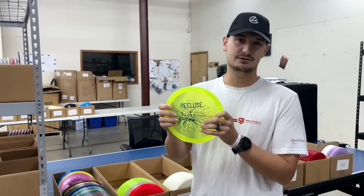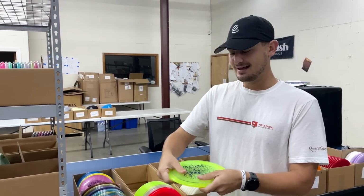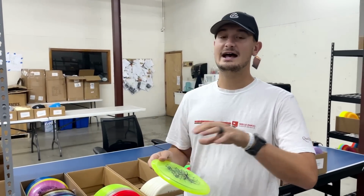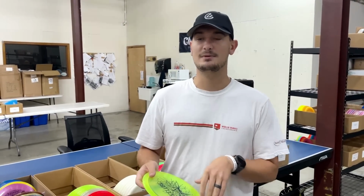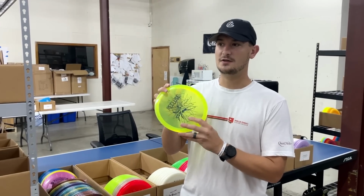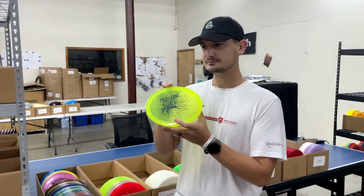I might go back to it at some point. I have an MX1 in my bag right now. It feels incredible in the hand, really good forehand and backhand. It's gonna be faster than your Zone OS, faster than your Peppermint, faster than your Saki Bomb Slammer. The closest disc on the market right now is the MX1, because what I found